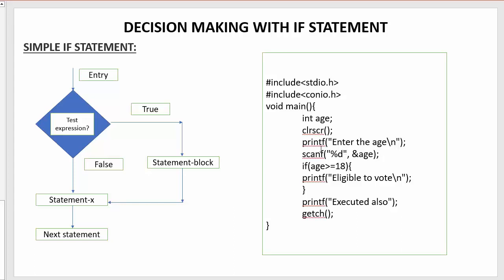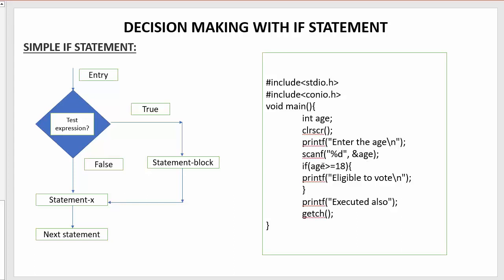This printf function is just to show the message to the user, and then by seeing that message, the user will enter the value for the age, and we need to accept that value in our program. To read and accept that value of age, I need to use scanf along with the format specifier. Since I'm using an integer value here, the %d format specifier has been used. Whatever value the user enters will get stored inside this age variable. Then I need to check using the simple if statement: if age